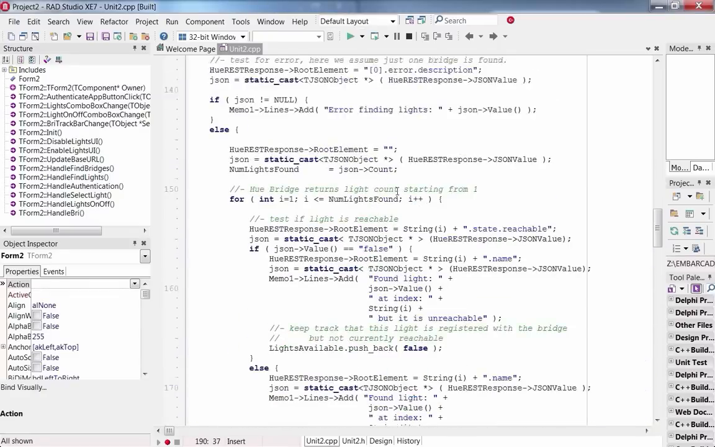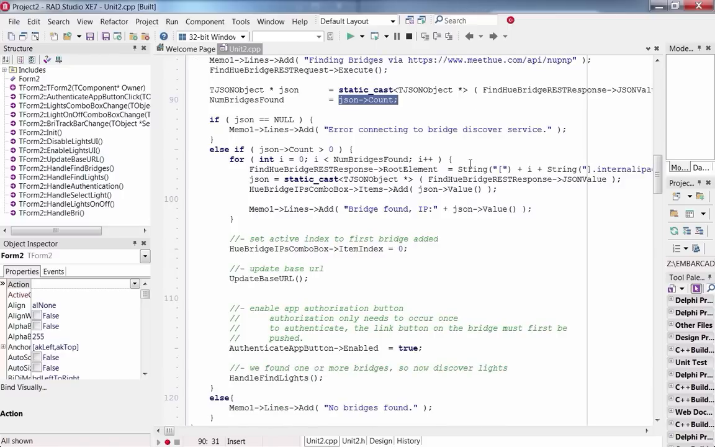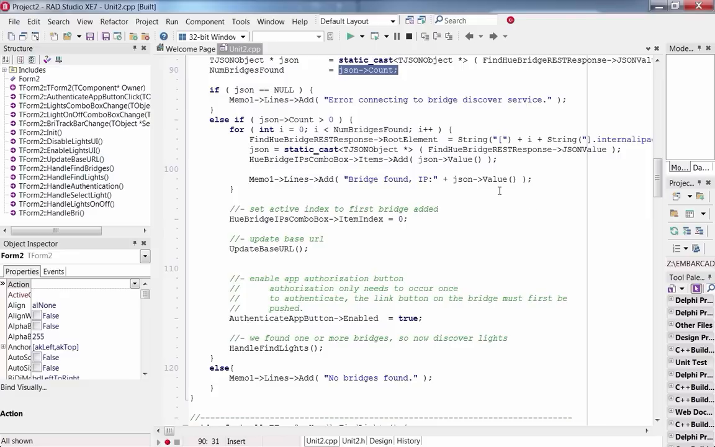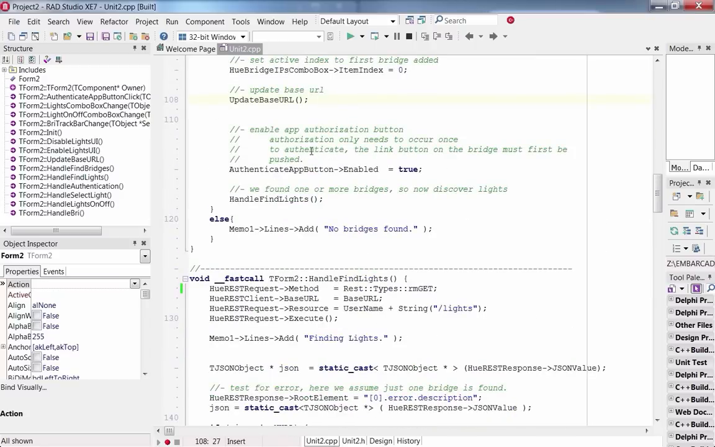Okay, the first thing that happens in the application logic is the bridges are discovered. And this is done by executing the find bridge REST component that was copied and pasted, similar to the authentication REST components, from the REST debugger itself. After the execution is completed, we use a static cast to get a handle to the JSON data, and we just query how many bridges were found. I'm going to skip over getting into the details of this, but once one or more bridges were found, update base URL gets called, which sets the current selected bridge, and after that is completed, it moves on